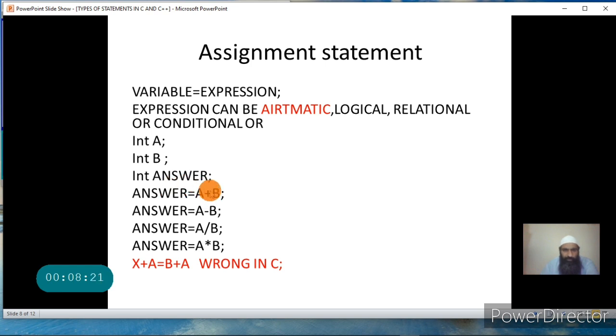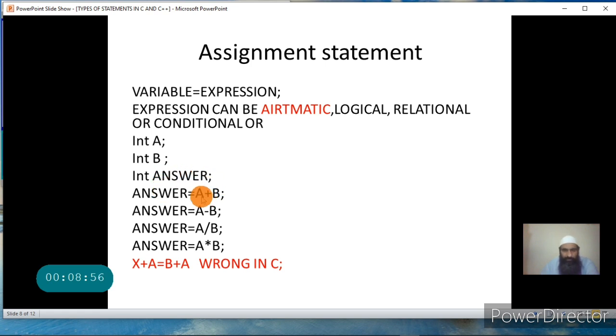Who will perform this operation or processing? It is the CPU that will perform it. That's not your headache. You have to simply write the assignment statement following the syntax rules. It is the job of the CPU to execute this assignment statement, use the values of variable a, that is memory location a, and memory location b, add them together and then assign the result to answer. You are simply giving the instruction to the CPU that it should do the addition operation of these two variables and store the value in answer.